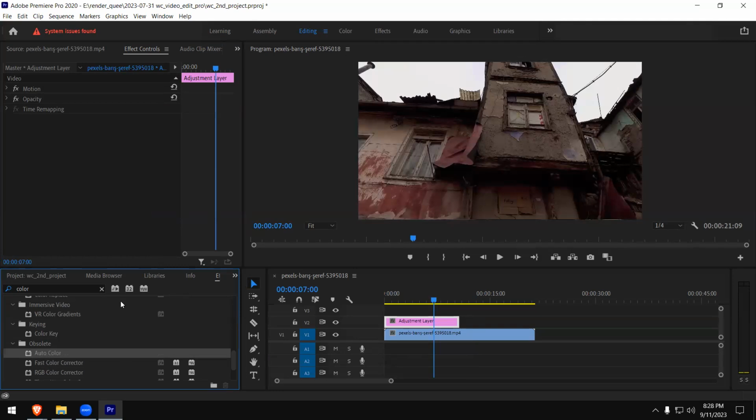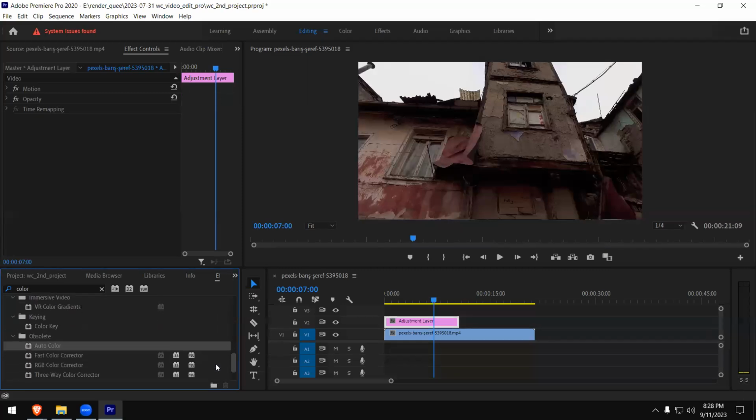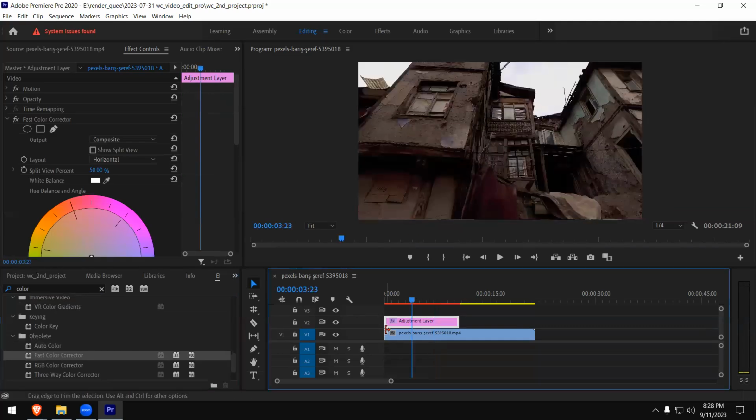And let me tell you what I mean by white balance. Let's type that. Color correction, see whether you have the white balance. Let's put fast color correction again, and I'll show you what I mean by